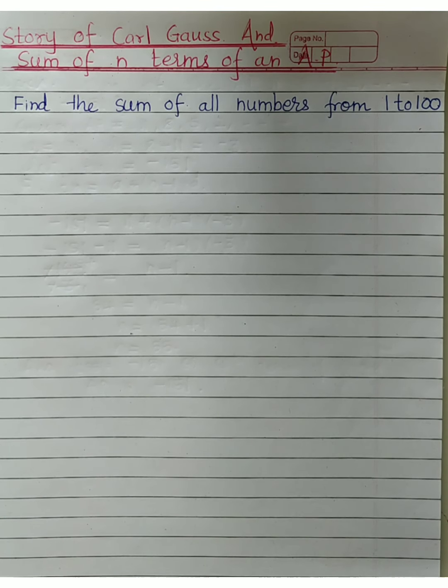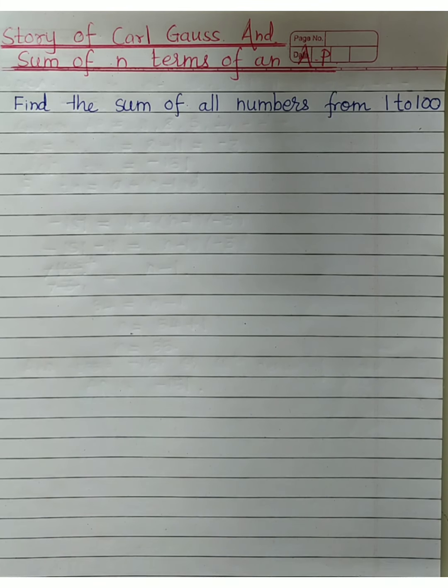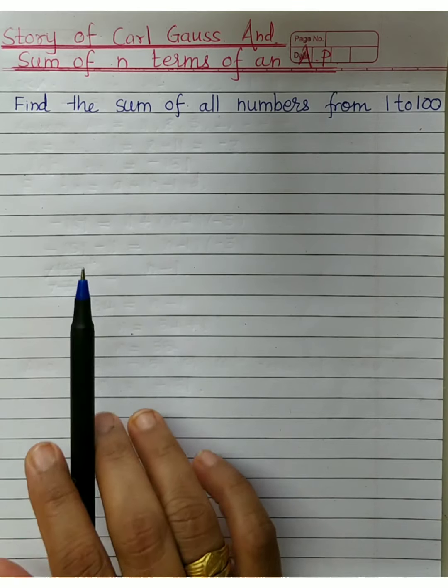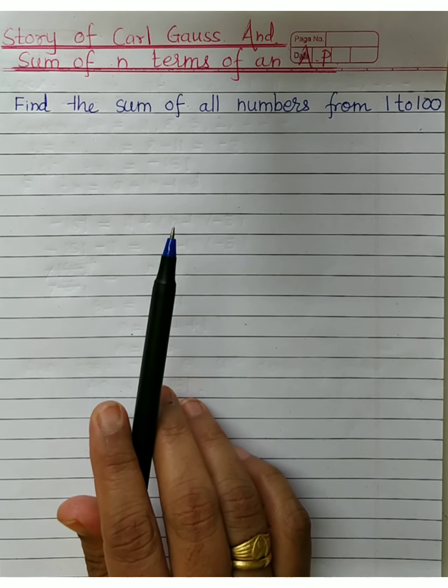Hello children. To continue our class on arithmetic progression, in today's class I am going to tell you a short but very interesting story of a famous person whose name was Carl Gauss. Imagine some 300 years back, it is believed that in Germany, in some school, a teacher enters the primary section class, and he wants to engage his children in some work for some time.